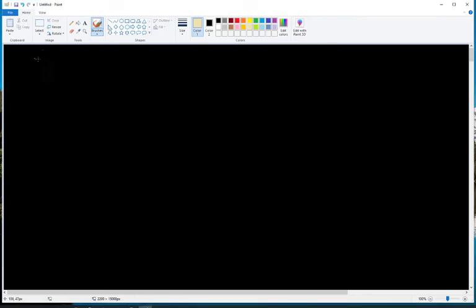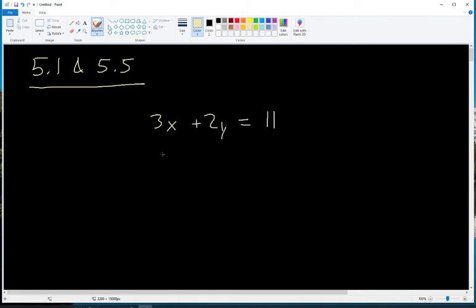So our class has sections 5.1 and 5.5 combined. This is basically over systems and nonlinear systems. So we're going to go through and just solve a bunch of these. Most of this stuff should look pretty familiar, I think. It's not too bad. So for the first example, we're going to look at 3x plus 2y equals 11,